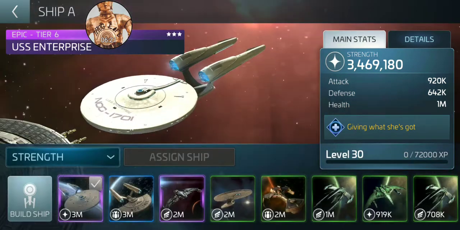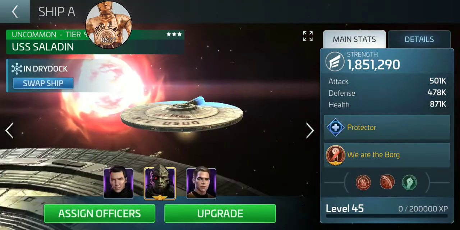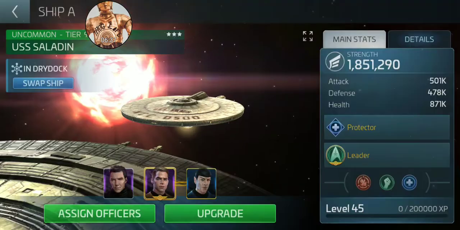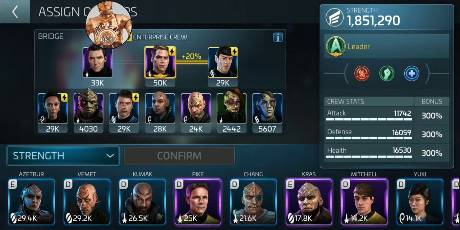If you don't have an Enterprise and you bring something like a Saladin or an Intrepid, you're going to have to put Spock in your bridge somewhere. So I suggest if you do run a Saladin or something like that, this lineup is typically about optimal. It gives you that crit percentage, so later on in the fight your hits will crit a lot more and you'll do a lot bigger damage, and you'll have Kirk and Spock to keep your ship alive longer,